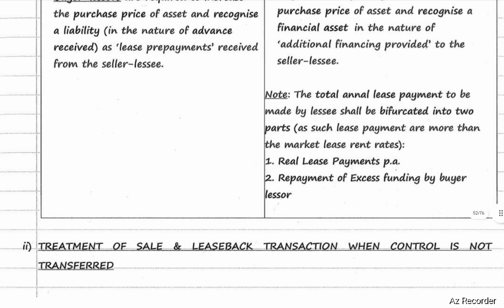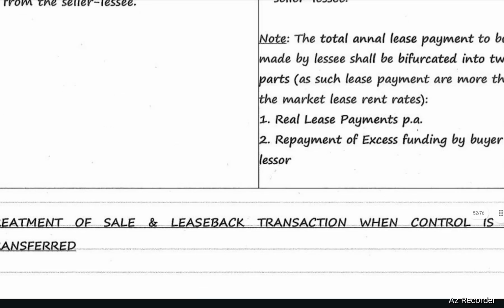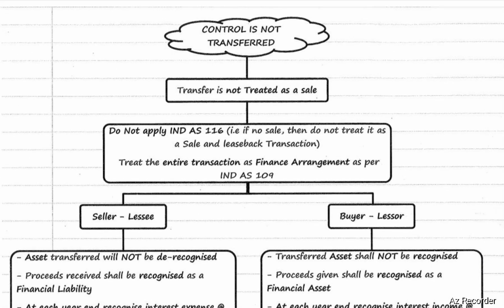Next, treatment of sale and leaseback transaction when control is not transferred. When control is not transferred, transfer is not treated as a sale. Here, Ind AS 116 is not applicable. That is, if no sale, then do not treat it as a sale and leaseback transaction. Treat the entire transaction as a finance arrangement as per Ind AS 109. In case of seller lessee, asset transferred will not be derecognized and proceeds received shall be recognized as a financial liability. At each year end, recognize interest expense at effective interest rate, EIR, and reduce the financial liability for any